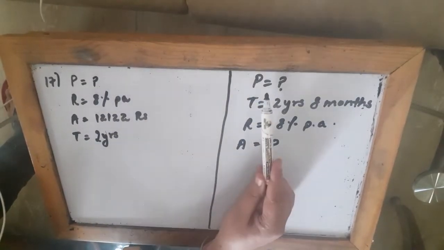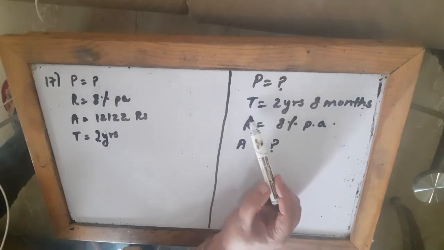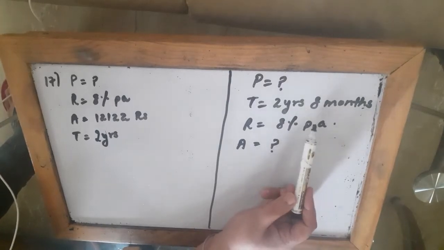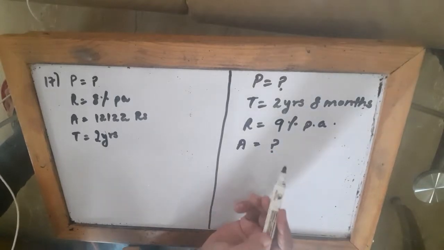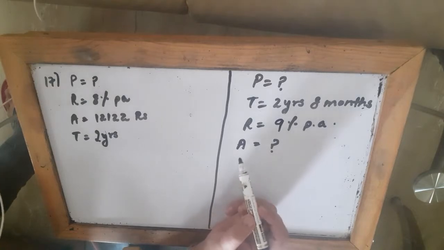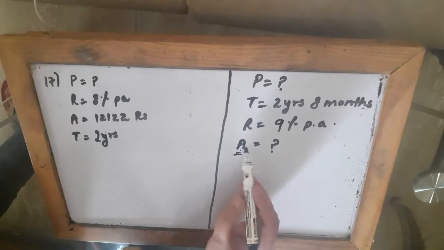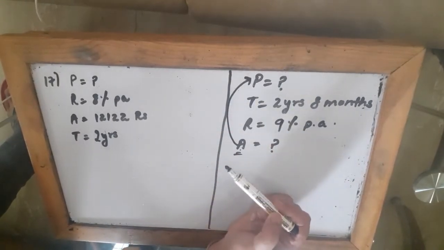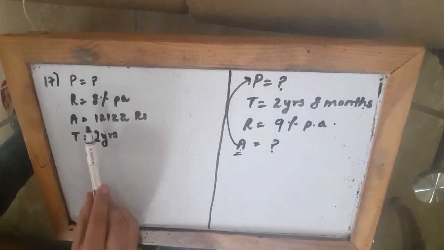Okay, and then the second part they say is, the same principal, the same sum of money, what will it amount to in 2 years and 8 months at 9% per annum. And here also I have to find amount. Now I can find amount over here if I know the principal over here. So principal also I don't know, so first of all I will find out the principal by the information given